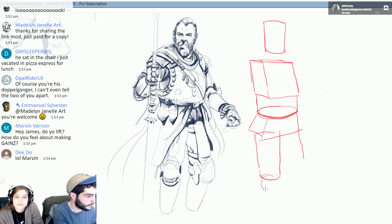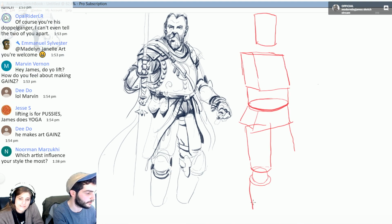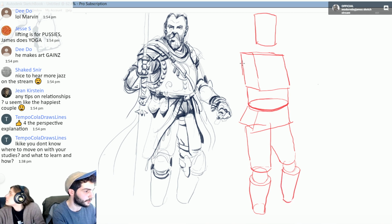Hey James, do you lift? How do you feel about making gains? I think it's a great idea. I don't lift as much as I would like to, because I stopped doing it as frequently because I injured my head, and then I would get these really bad headaches anytime I lift. But I run a lot now. Or not a lot, but I run enough, and I do yoga. Keep making those gains. Be way more muscular than me. That's my plan for you. Well, Jesse S says lifting is for pussies. He's wrong. James does yoga. Well, I think you could make the argument that yoga is for pussies, but